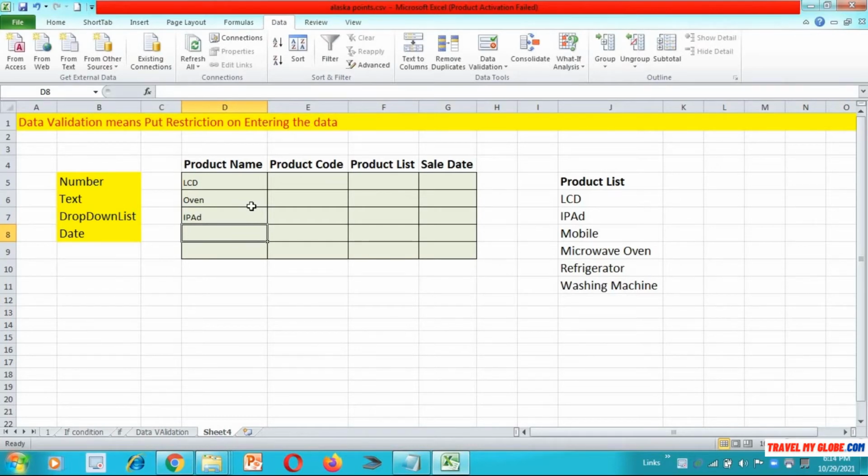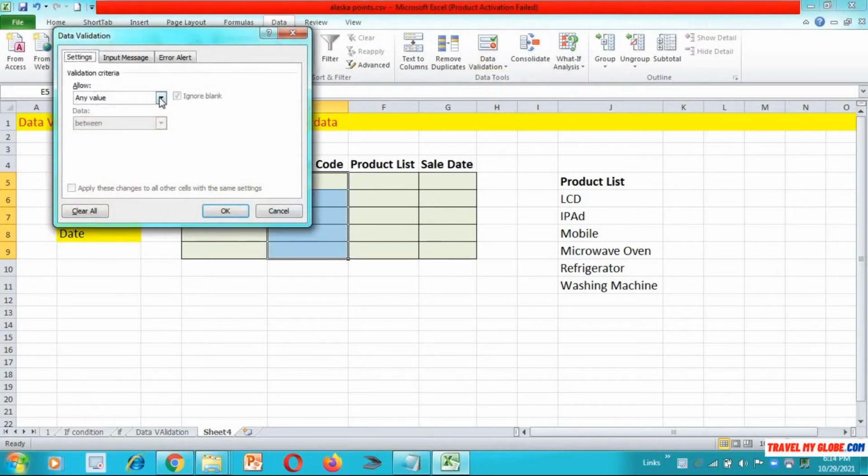Okay, the text validation. Now coming to the next point, where you can put a numeric validation too. That means, suppose I want to enter only numeric values, that is, only whole number values, in this column, so how can I do that? You'll have to repeat the same method. You need to go to the Data tab and go to Data Validation and select the validation criteria. I want only whole numbers to be entered in this column, and they should be between 101 and 105.